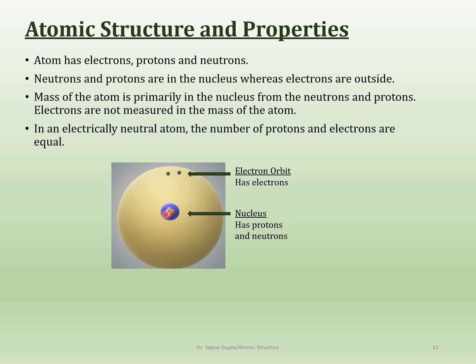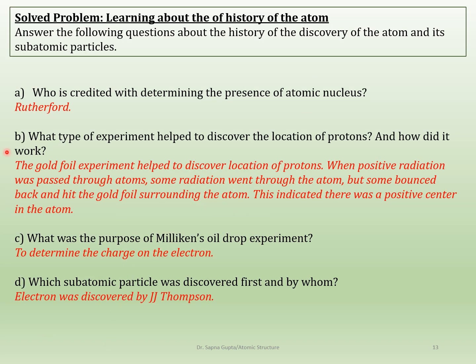But just try to imagine a football field and a soccer ball. That is the ratio of the atom to the nucleus. So that is how much empty space there is out there, and that is the structure of the atom. A lot of empty space here, but anyhow, you should know the structure, and where the electrons are, where the protons are, and so on.